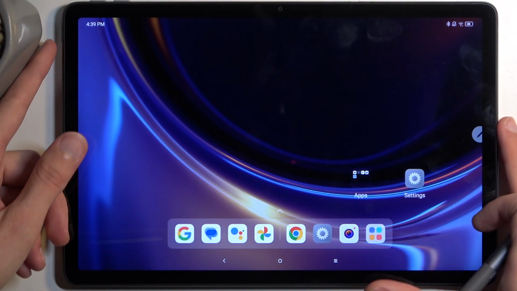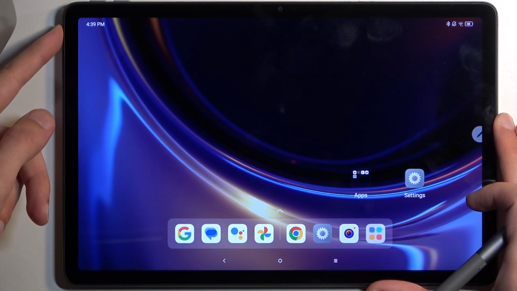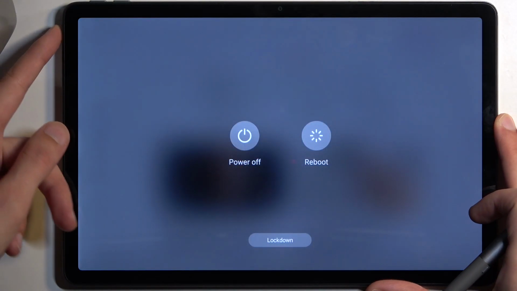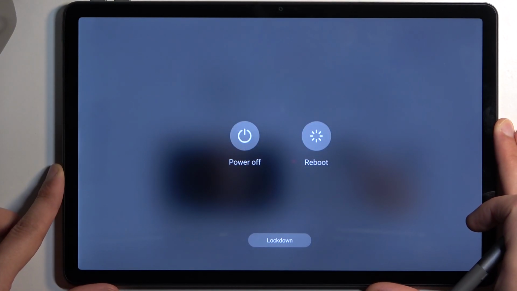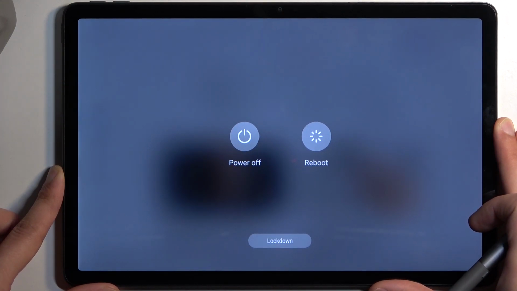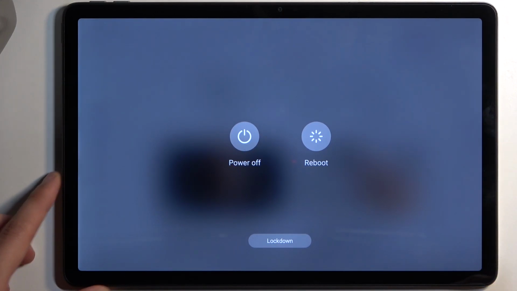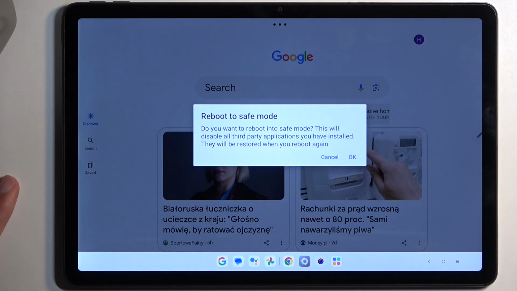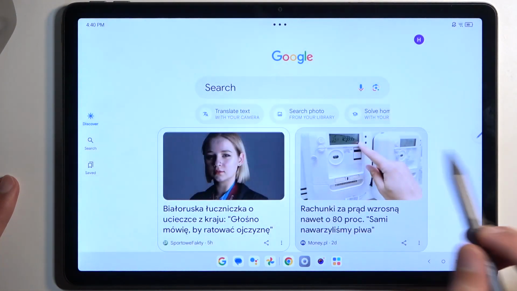To get started, you want to hold your power button, ignore the Google, and from there you should have your boot options show up eventually. From here you want to hold power off. Once you do so, as you can see, it changes into reboot to safe mode, which we're gonna confirm by selecting OK. And this will initiate a reboot, and when the device boots back up, it will automatically boot into